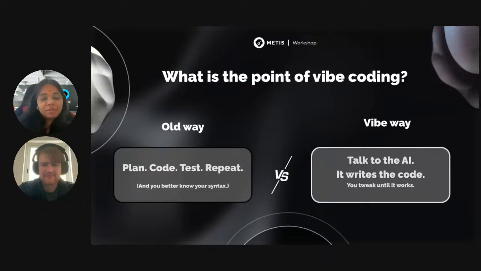But now, how is the vibe way? You talk to the AI, it writes the code, you tweak until it works, right? Let's say you are building a web app. Normally you would start with setting up routing, writing boilerplate, and creating repetitive components. It's not hard, but it takes time if you follow the steps, right? Now picture this.